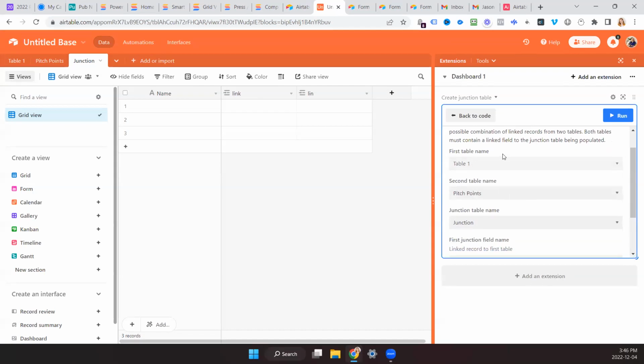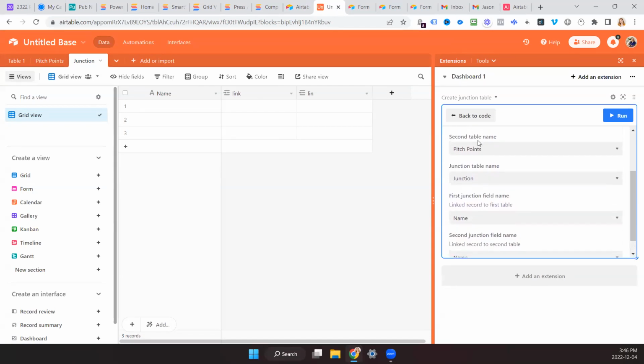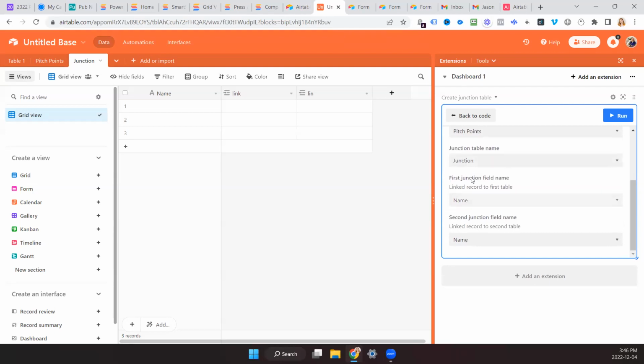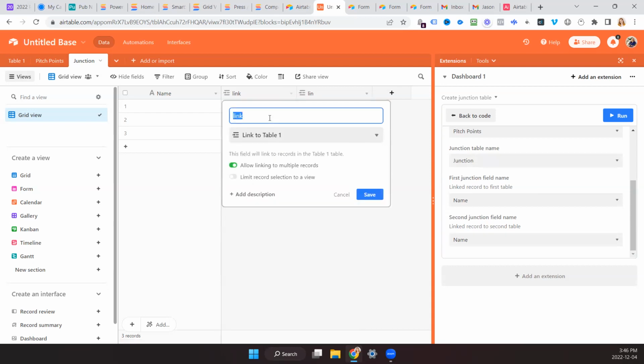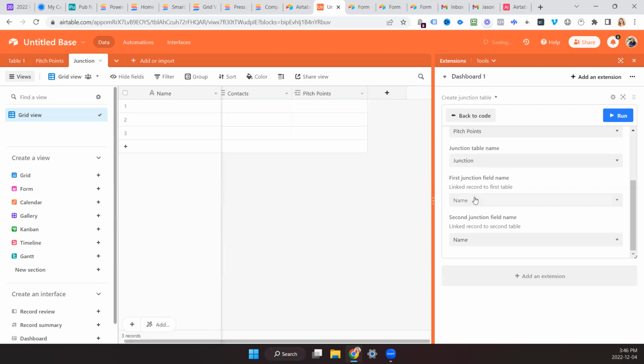Table 1, first table name, second junction, first junction. Oh, I see, link and link. So let's rename these so it's clear. Link to table 1, so that's contacts. And link to table 2, this is the pitch points. That makes more sense. So we're making sure we're linking contacts there, and we're linking pitch points here.